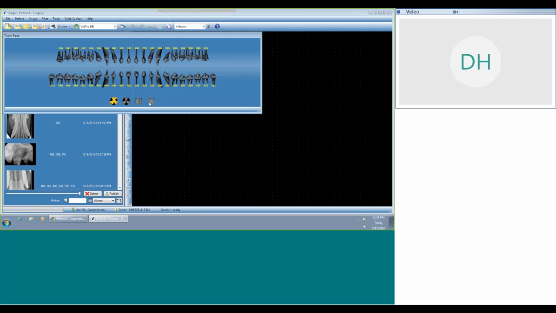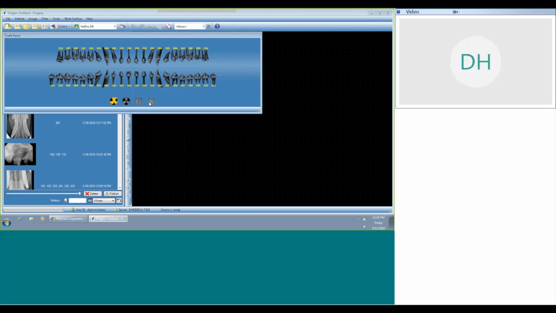So we see a lot of clinics doing the maxilla in sternal recumbency and the mandible in dorsal recumbency. We've seen clinics do all of the radiographs with the patient in dorsal recumbency, and we've seen clinics take all of the x-rays with the patient in lateral recumbency. So what we wanted to do was give you the ability to customize your templates